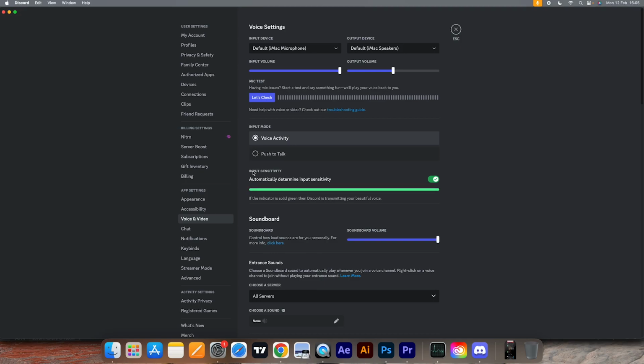Now once you've done that, head over to input sensitivity and disable this automatic option. If your microphone is really not loud, grab this slider and put it all the way to the left, so that even though your microphone is not loud at all, it will still pick up your voice. So I would just recommend putting it somewhere right here, so you always know that your microphone gets picked up. So once you've done that, if it's still not working,